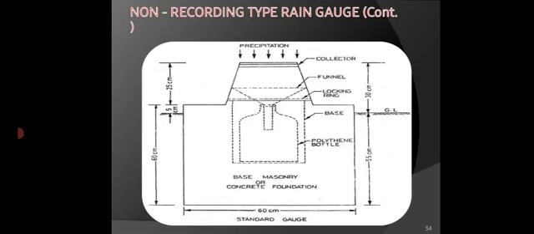It consists of a masonry or concrete foundation base and the receiver bottle, which is inserted in the base, and on top of the bottle a funnel is placed. And from the safety and stability point of view, a collector is inserted on top of that system. So the precipitation falling on the funnel is collected in the bottle. This is a simple setup with all dimensions shown in this figure.